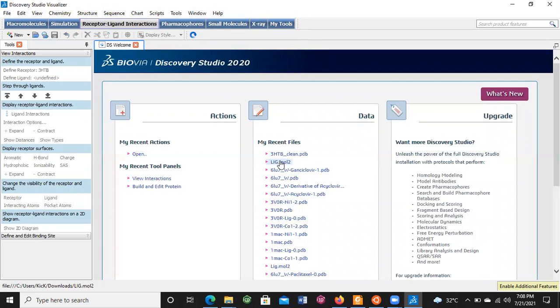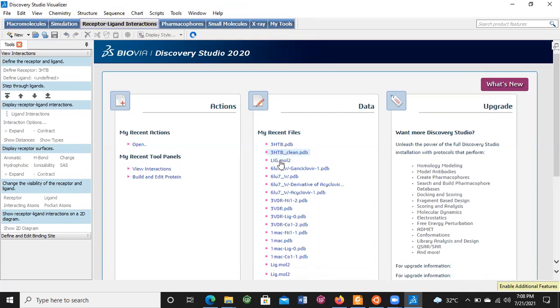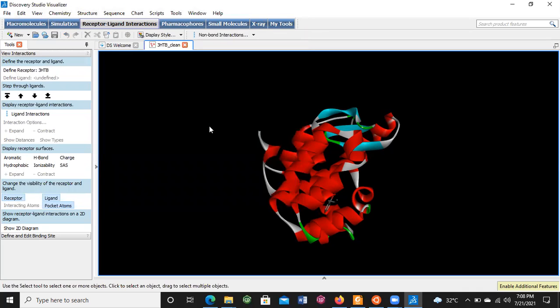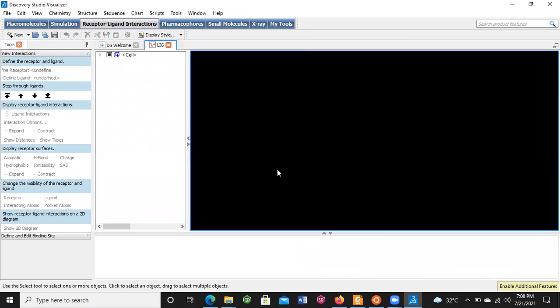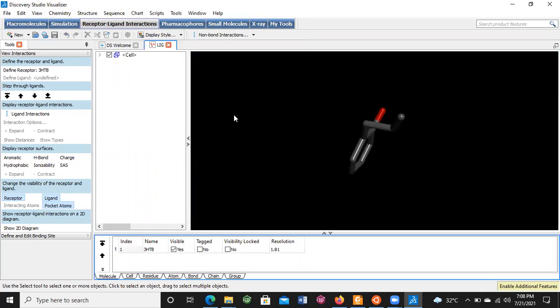Now again open the ligand molecule and add hydrogen to it. This is the ligand molecule.